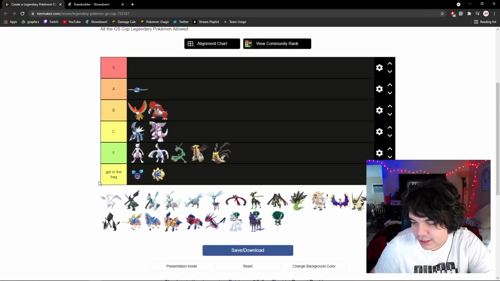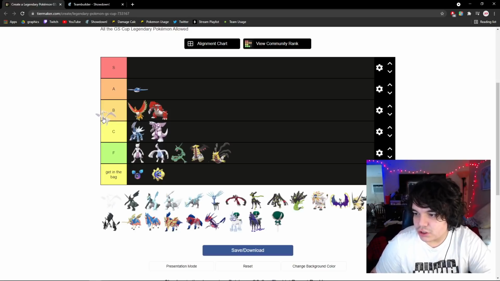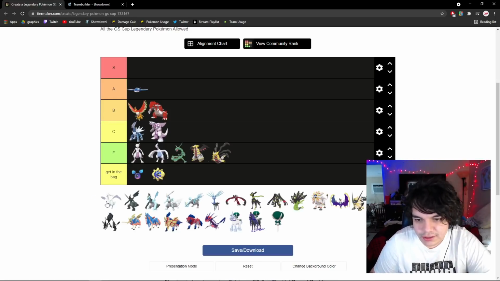So Reshiram's a really interesting one. So Reshiram's really good into Zacian. It's okay into Xerneas. It's okay into Calyrex Ice. Obviously, Calyrex Ice has